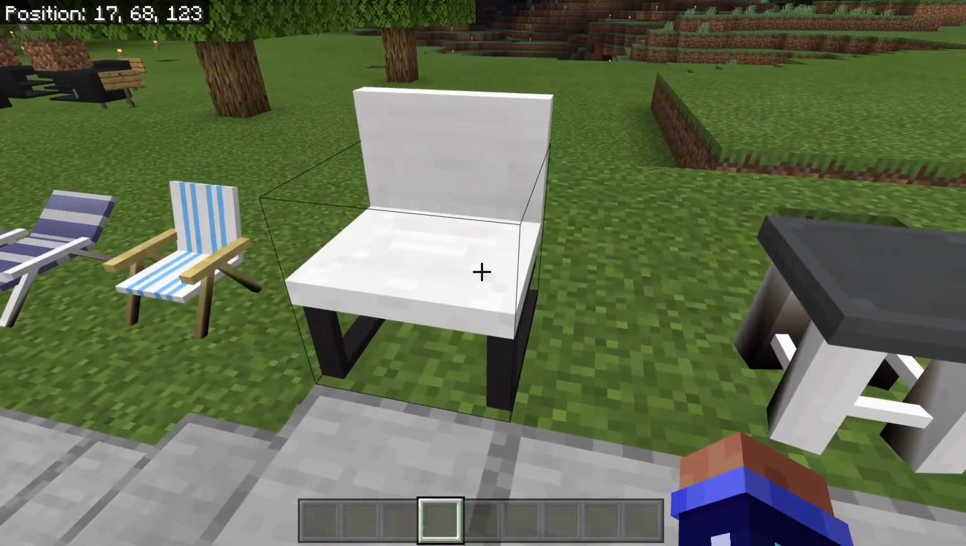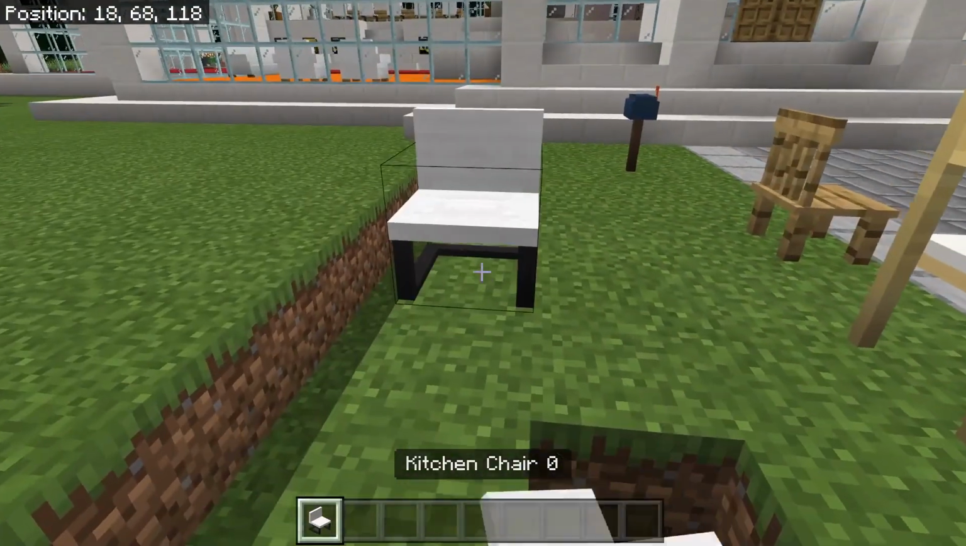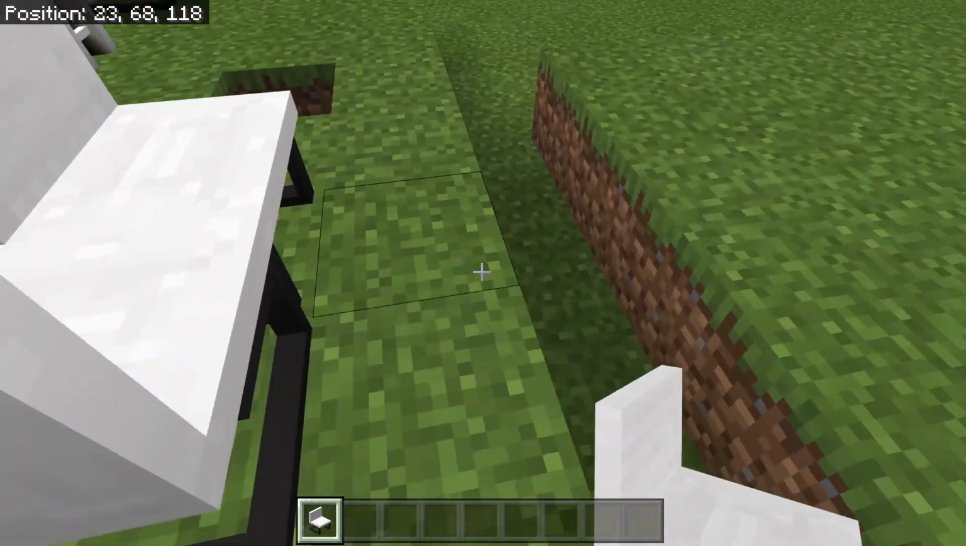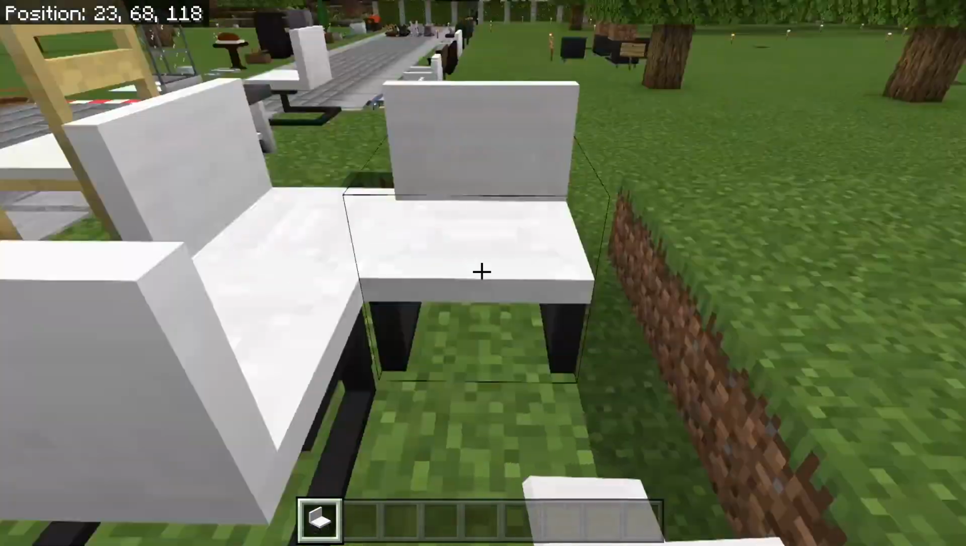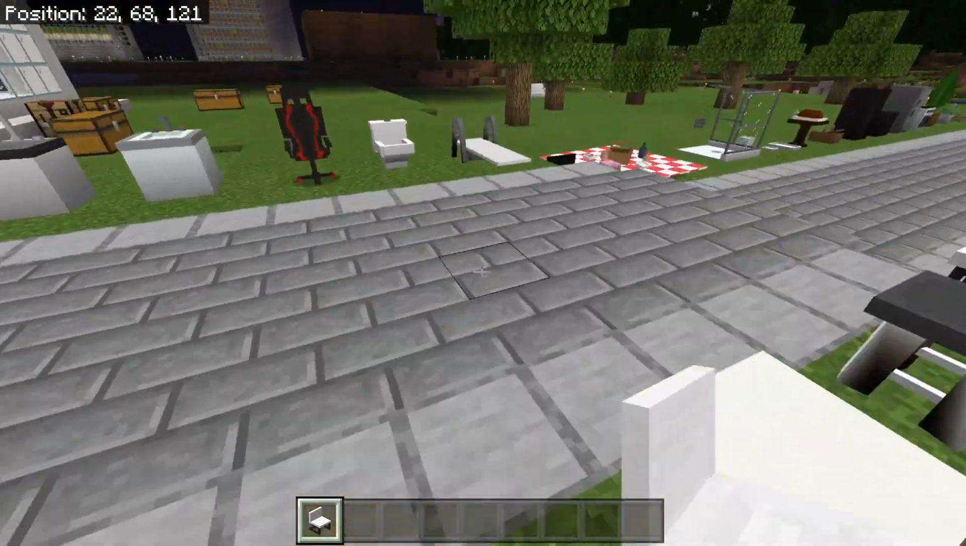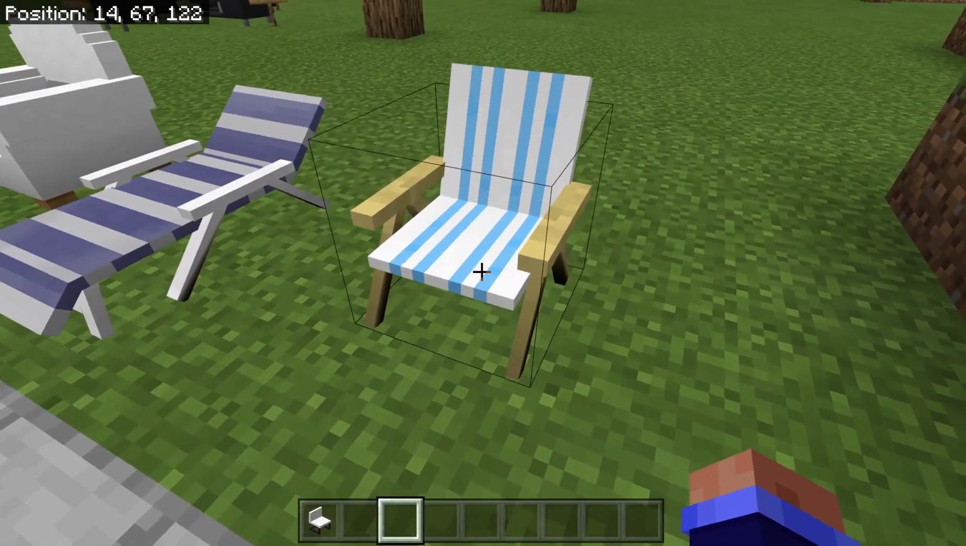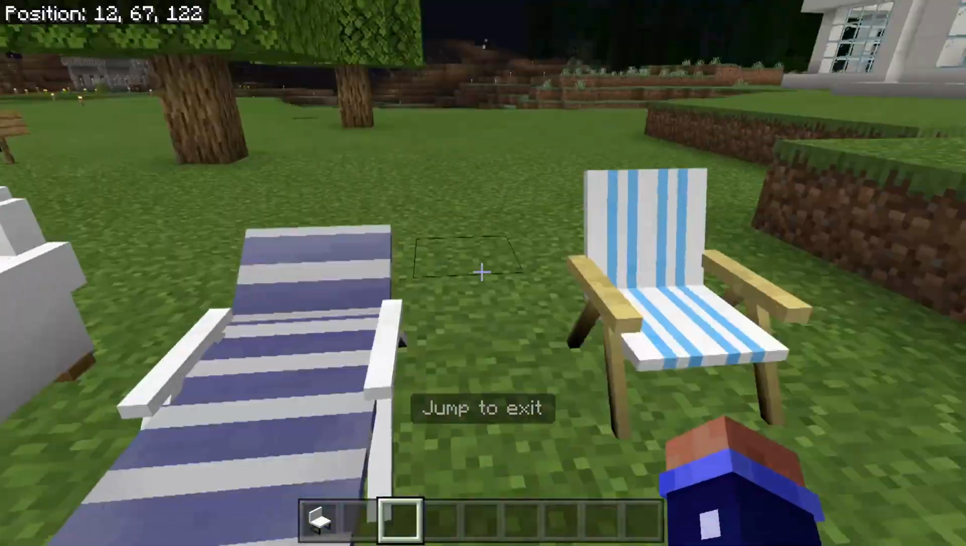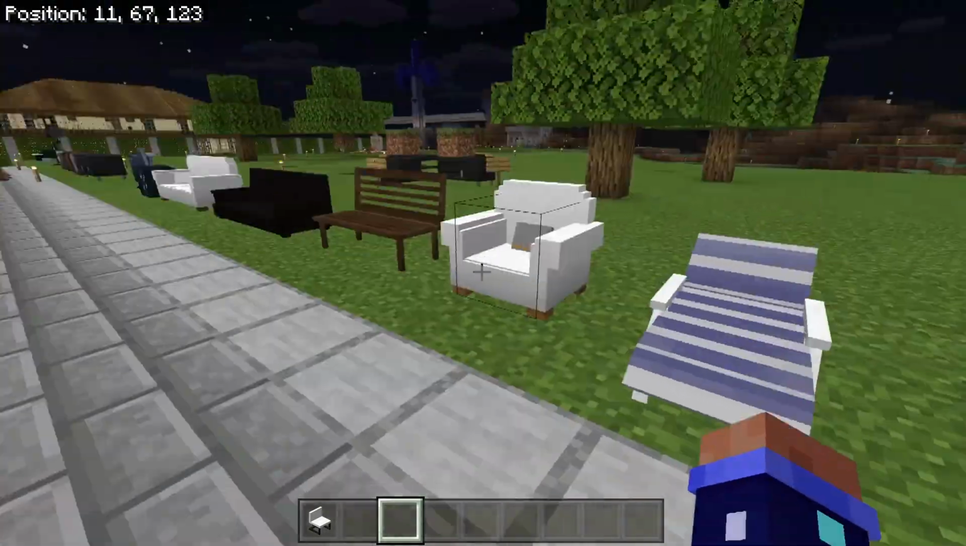So these are not entities. But you are able to rotate these, so depending on which direction you're looking, this is how the block will be placed, and this works for almost all the furniture. We also did add some beach chairs, so if you're making like a beach map or a pool or anything,